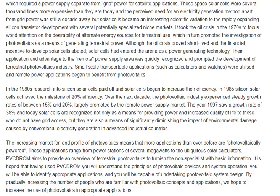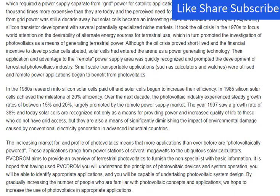In the 1980s, research into silicon solar cells paid off and solar cells began to increase their efficiency. In 1985, silicon solar cells achieved the milestone of 20% efficiency. Over the next decade, the photovoltaic industry experienced steady growth rates of between 15% and 20%, largely promoted by the remote power supply market. The year 1997 saw a growth rate of 38%, and today solar cells are recognized not